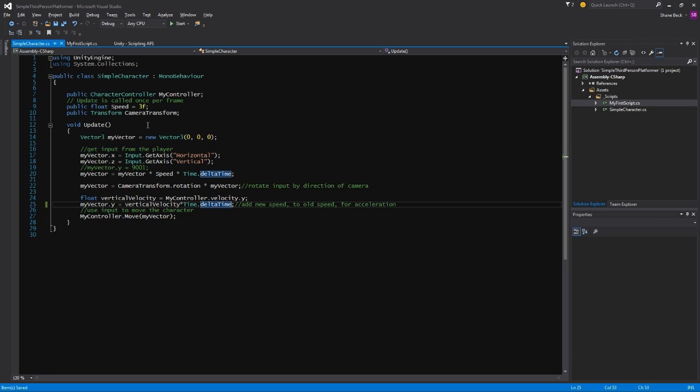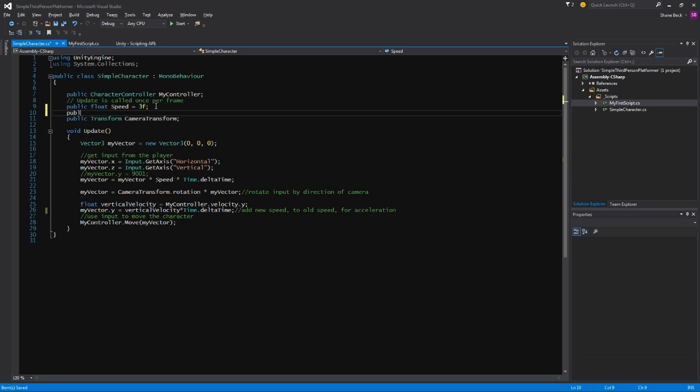So if we hop back into Visual Studio, let's create another public float, and we'll call it public float gravityStrength. And we'll start it with a value of 5. And down here in myVector.y, in addition to the vertical velocity, we should also subtract the amount of gravity that we're applying. And this is because we want to apply the gravity every single frame, and as I described earlier, how acceleration works is you just add the velocity to its current velocity repeatedly, and that gives you acceleration. So then we subtract gravityStrength, and then tab into Unity,